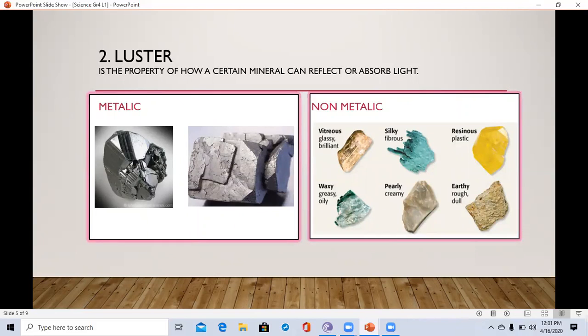Secondly, luster. Luster is the property of how a mineral can reflect or absorb light. So first of all, we need to note that minerals can be classified into metallic and non-metallic minerals. So the first picture, the metallic one, is very shiny, so it does not absorb light as the second picture does. It reflects light more than the second one. So then you get non-metallic